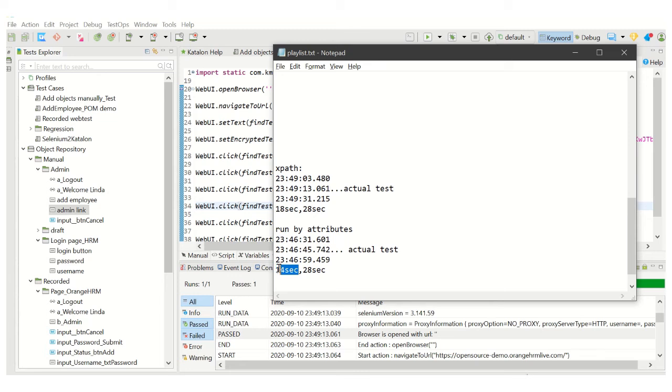So the execution time is counted from when the browser has opened. This is our actual test start time, and this is the end time. This is the actual task time, the place where the objects are actually identified.